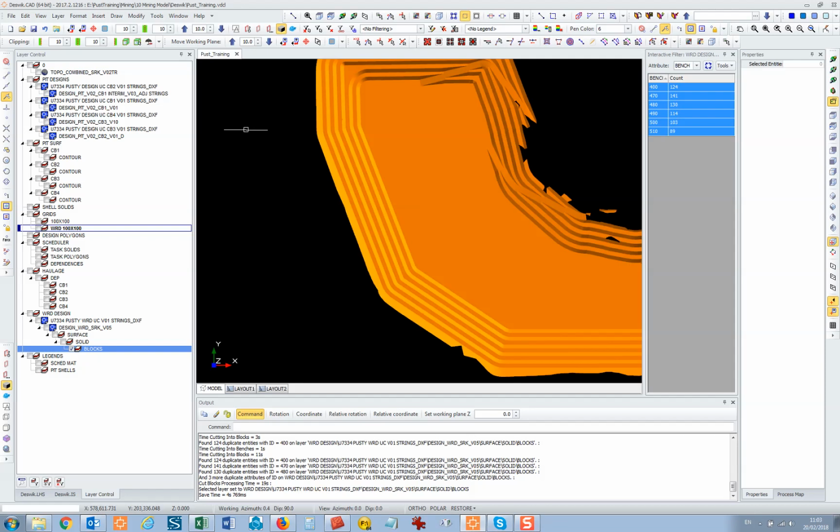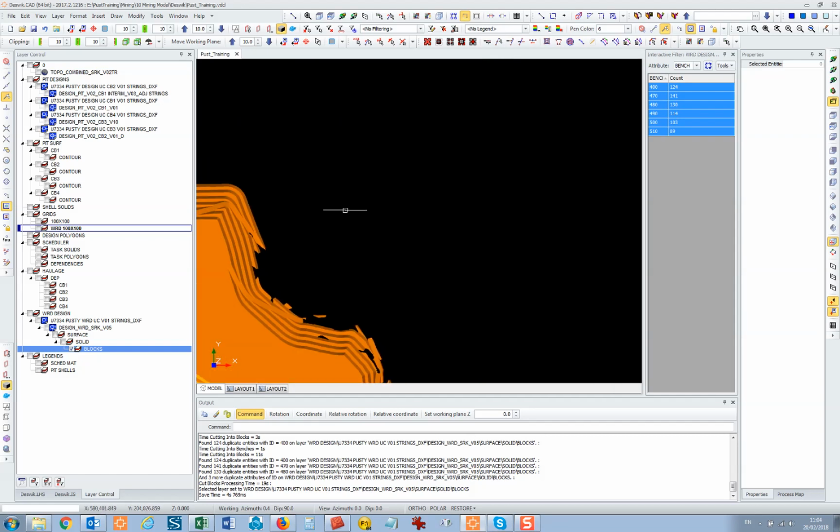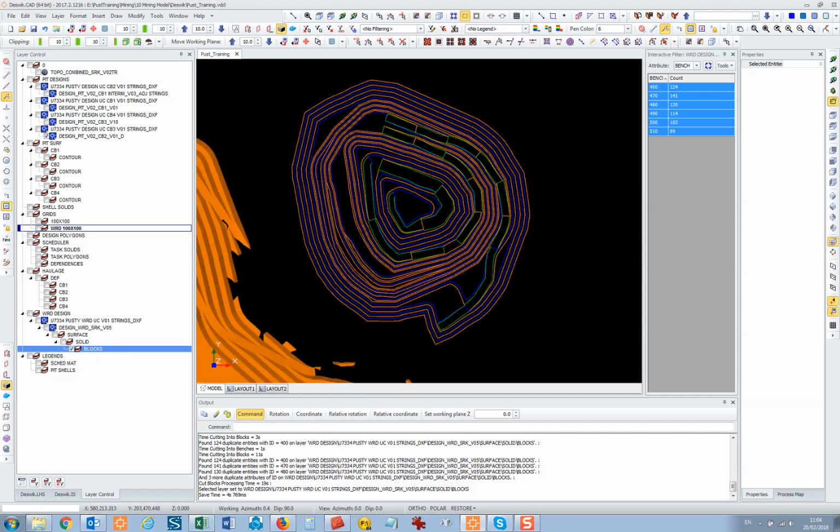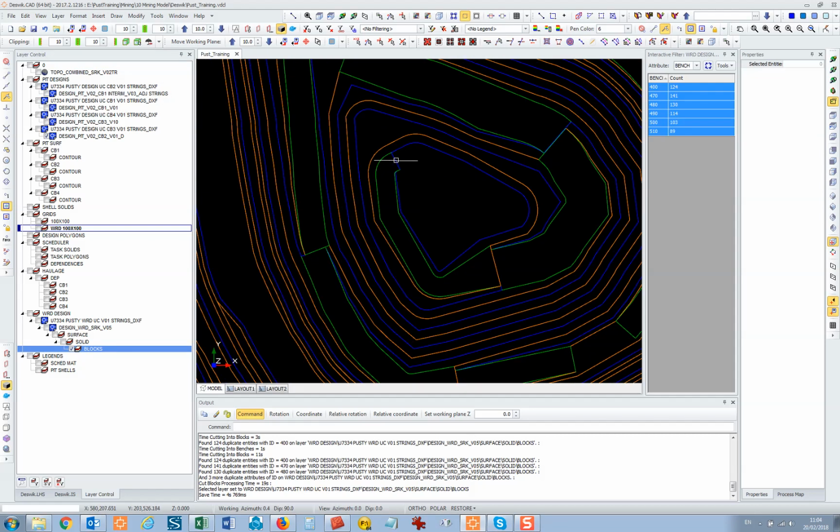Now the way that the haulage works in Deswick is that you basically have a haulage path which runs from the base of each of the cutbacks all the way up to the final destination. So for example here we've got one waste dump and we've got 4 cutbacks. So you would, for example, have a single line that went from here up